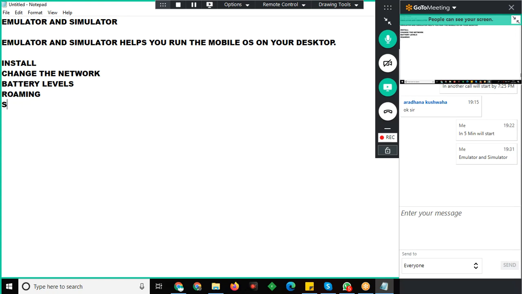You cannot put in a SIM card, but you can simulate the SIM card and the mobile network. In most companies, if you go for any interview, they will ask you, have you worked on emulator and simulator? After this concept you can tell them that yes, I have worked on emulator and simulator.